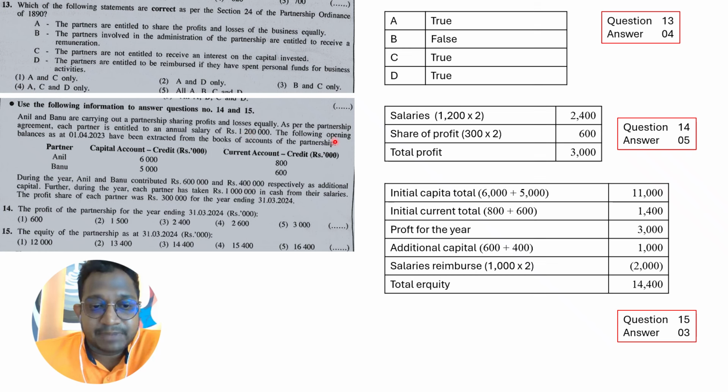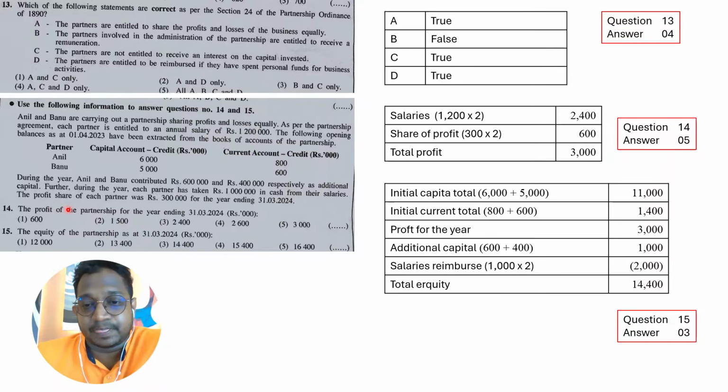As per the partnership agreement, each partner is entitled to an annual salary of 1,200. And the following opening balances are given here as well. And Anil and Banu contributed 600 and 400 as additional capital. And further, during the year, each partner has taken 1 million in cash as their drawings. And the profit share for each partner was